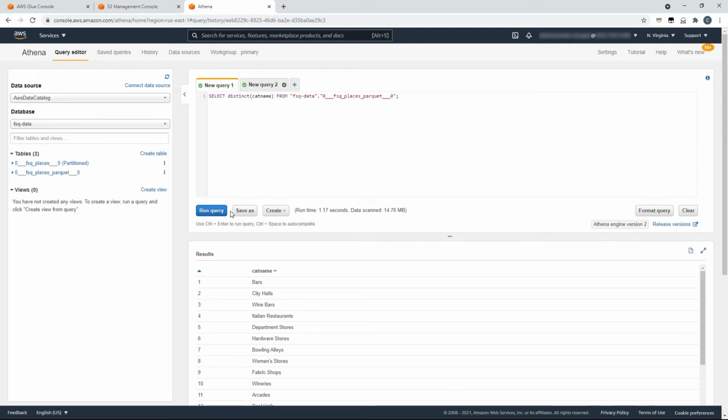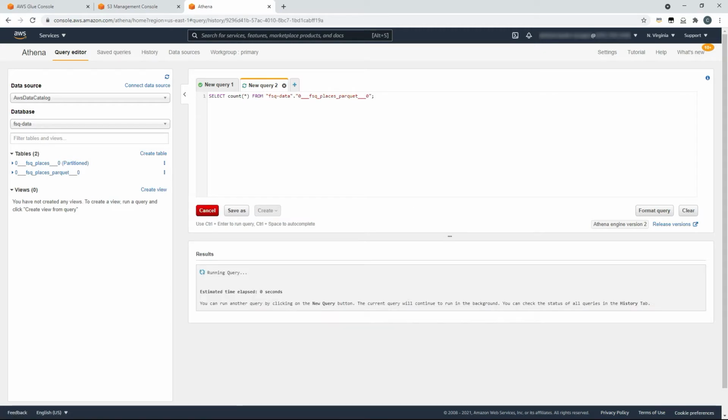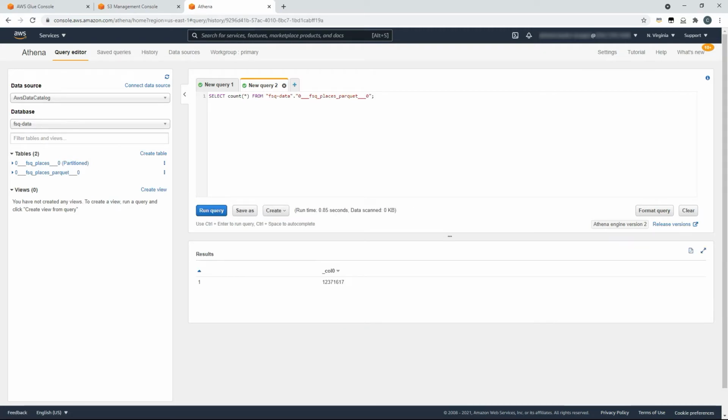So to see the difference that the change in format has, we can change the table and run that query. And now you can see it takes 1.17 seconds, significantly reduced, and scans only 14.76 megabytes. So for you as a consumer, that means reduced costs with a consumption model, because you pay for the amount of data that you scan and the time it takes to scan it. Moving to our second query, I'll quickly update the target of that query and run that again. And again, you can see a significantly reduced runtime at 0.85 seconds, and this time 0 data scanned, and the reason for that is the Parquet format and the benefit of file headers.